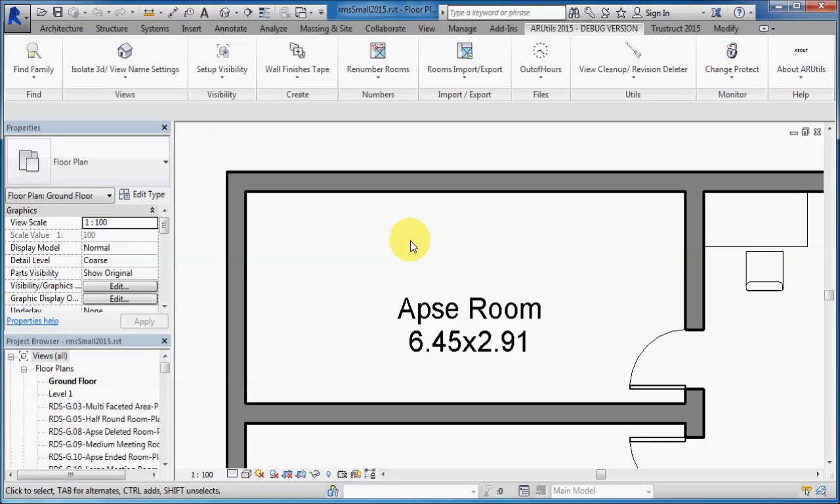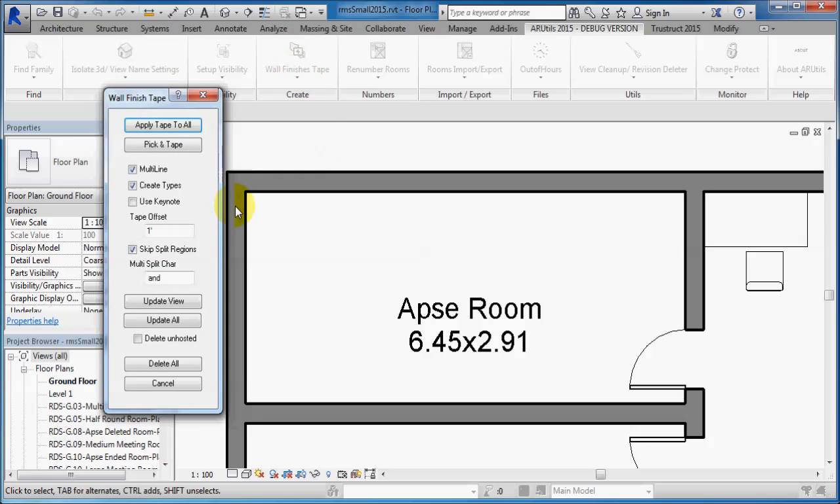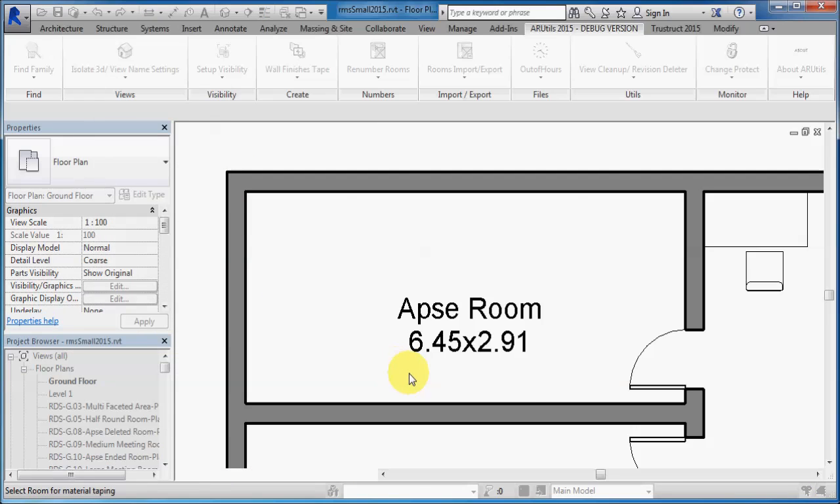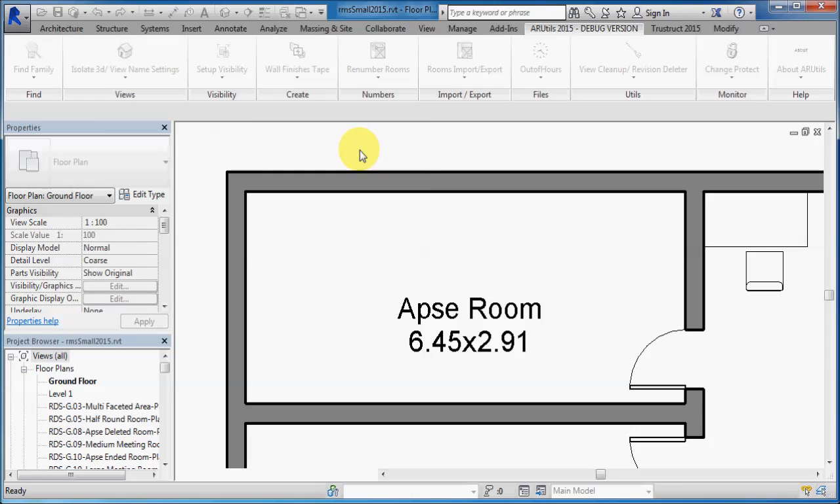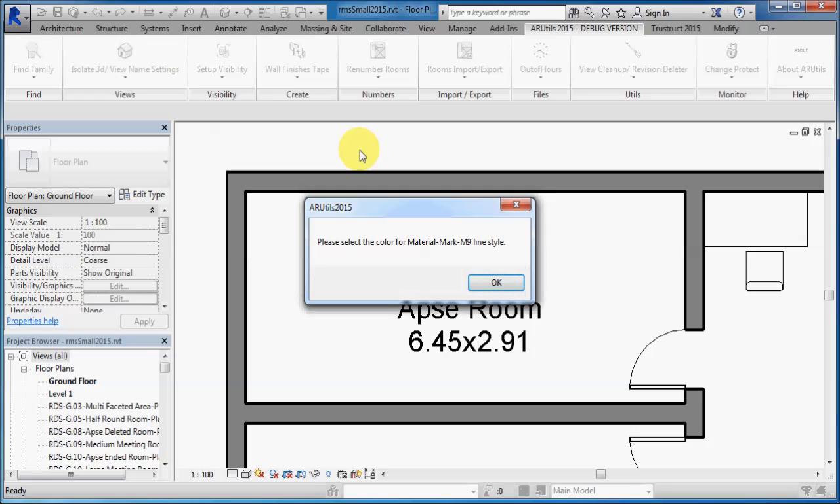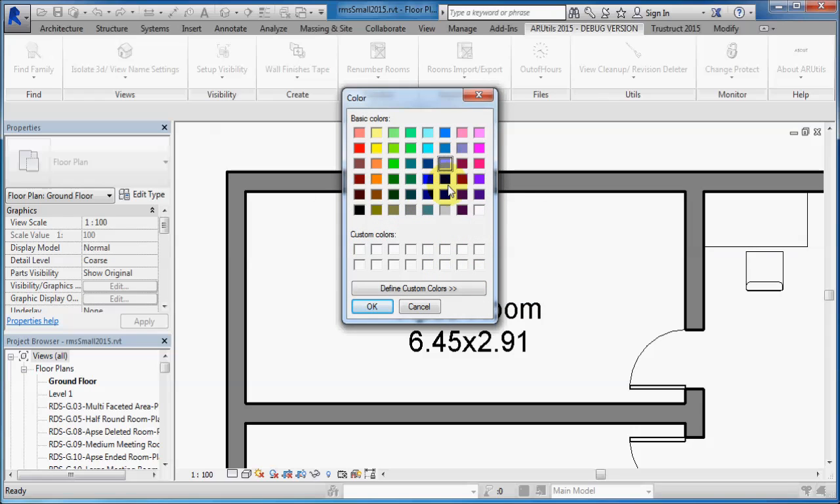Another option that we have when trying to indicate wall finishes in a plan view is the wall finishes tape command. So when we select that command, we have a number of options here. Let's just pick and tape a room. So we've selected that. Now in this case we get a prompt saying basically that the M9 material mark has not yet been created. So we'll just say, alright, we're happy for an M9 code to appear on this tape. We could put in anything that we liked, and that means wherever M9 is used, we would get that mark on our tape. Now we have to pick a colour for that particular item, so we'll just pick this purple one,